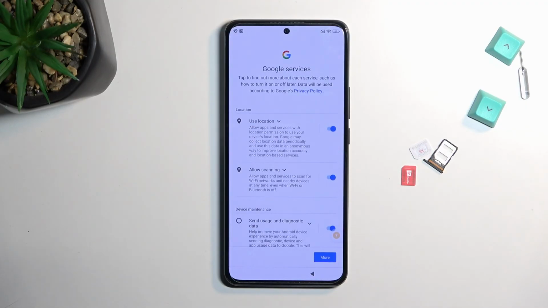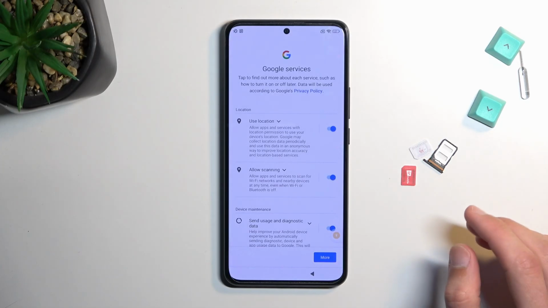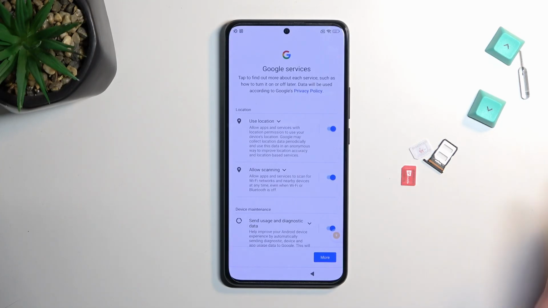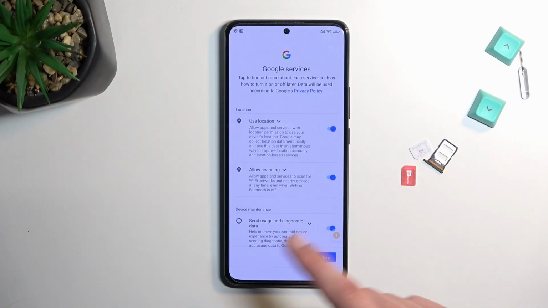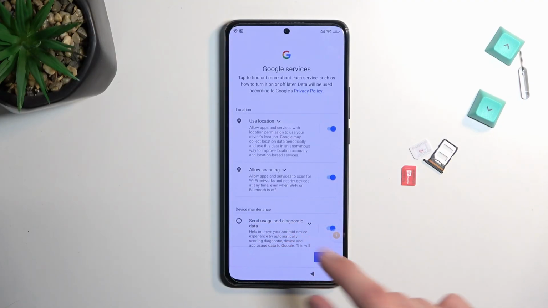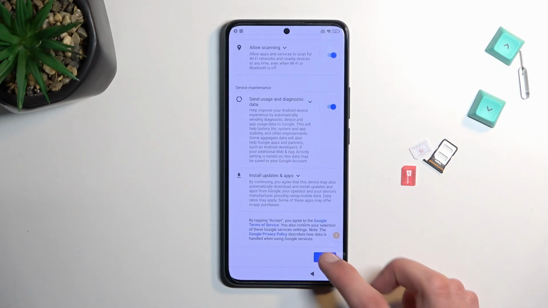Usually when it enables, it does stay open. So you would have to just go back once, but for me, I think I just managed to enable it and it still kind of closed it off. Anyway, it still worked. So if in your case, you still have it opened when you enable it and you see the disable button instead, just press the back button once. If you see this page like I do, then all you need to do is just press next, accept, and